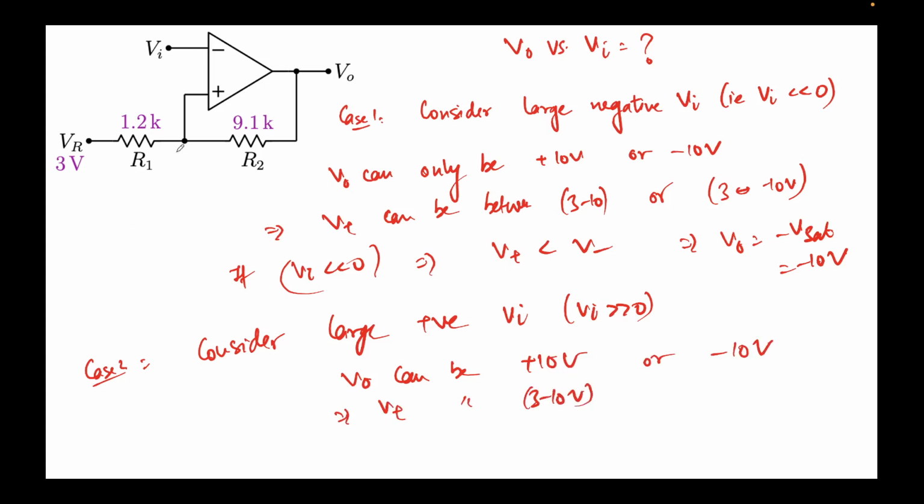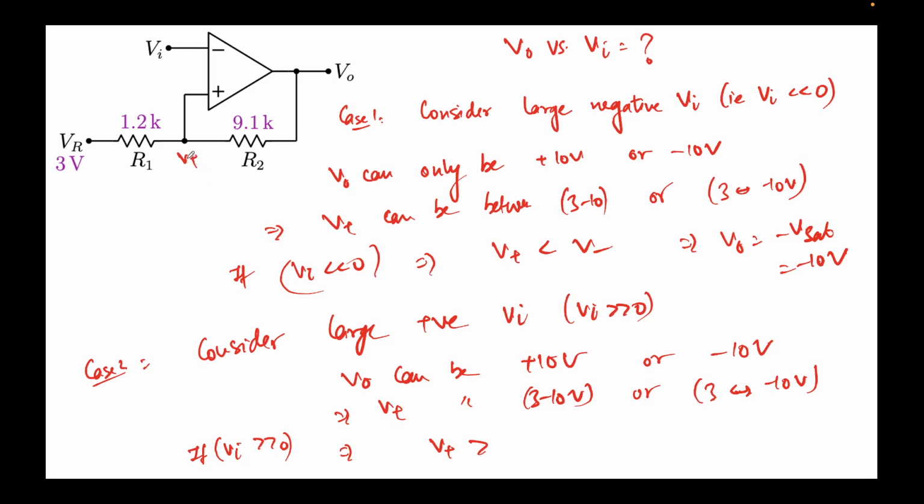So this is 10, and this voltage has to be between this voltage and this voltage, or 3 to minus 10 volts. If this is minus 10, this potential V plus can only be between 3 and minus 10. And we already know Vi is greater than 0. That's the case we are talking about. Note here, this implies V plus is greater than... So in this case, V plus will be